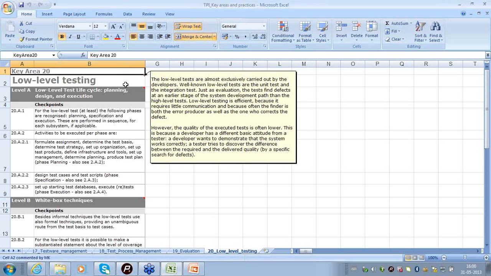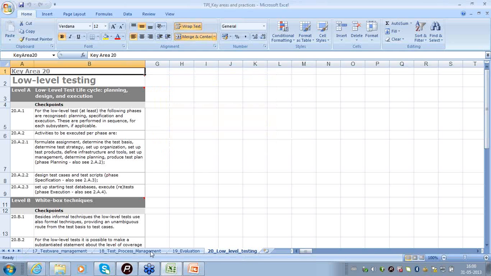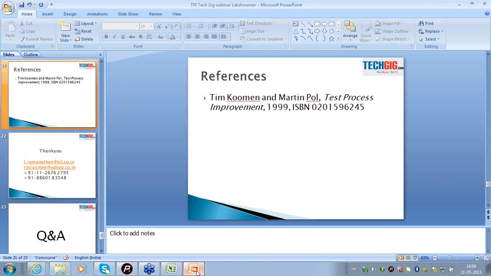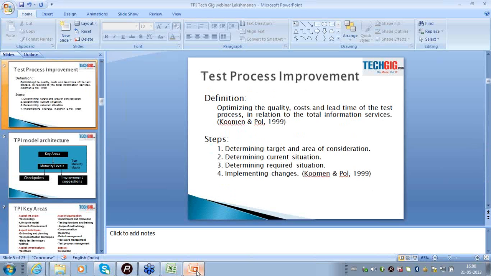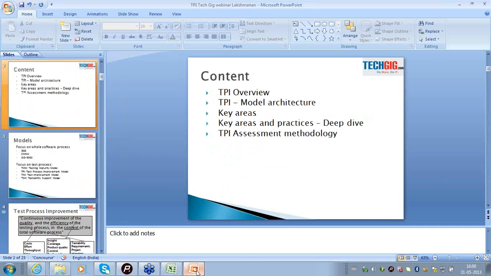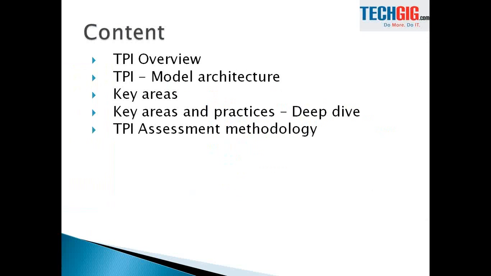Before I invite questions, let me summarize what we have discussed in today's webinar. I will go to the content slide. Initially, we saw the overview of the TPI model and we understood the test maturity matrix and how the model architecture is demonstrated using the maturity matrix.